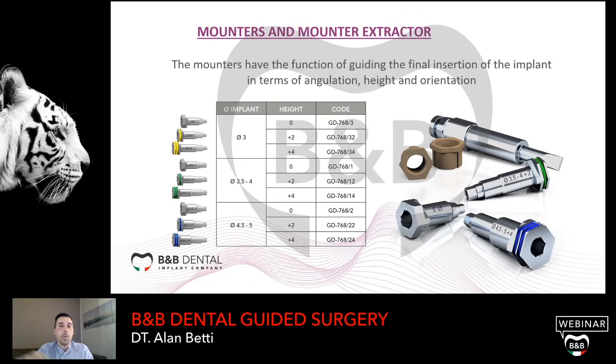Okay, these are the mounters, our new mounters. They come in 2 different diameters, for sleeve 5.5, sleeve 4.2, and for slim connection. So